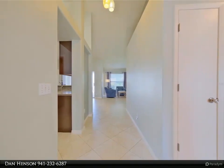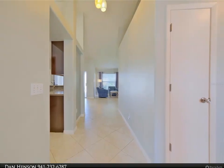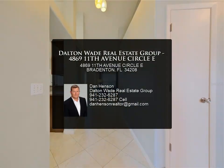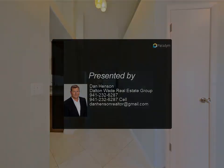Braden River Lakes is ideally situated near I-75, providing easy access to shopping and dining options. The community boasts an array of amenities including a swimming pool, tennis courts, a picnic area,